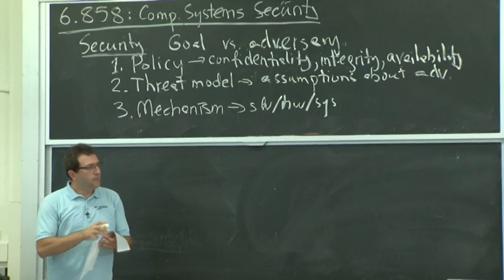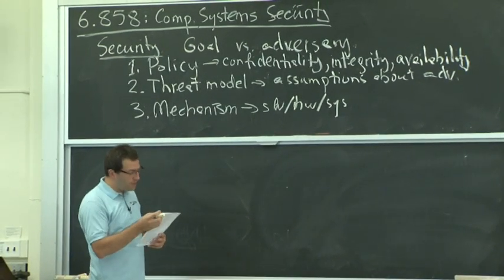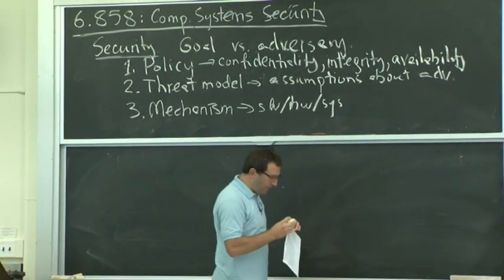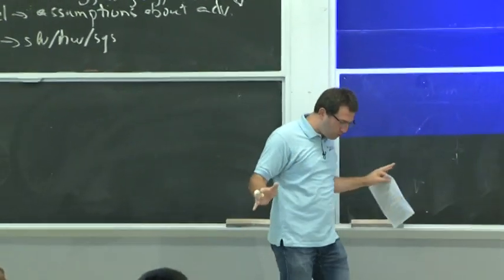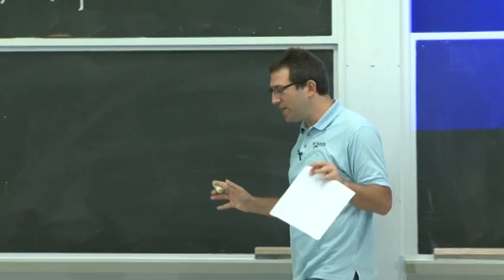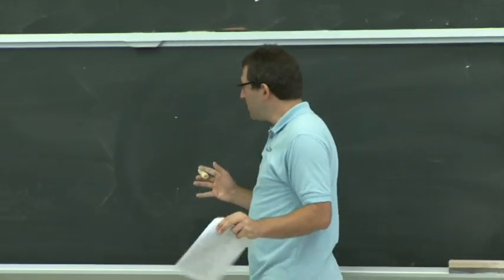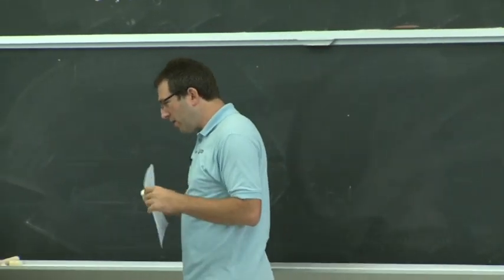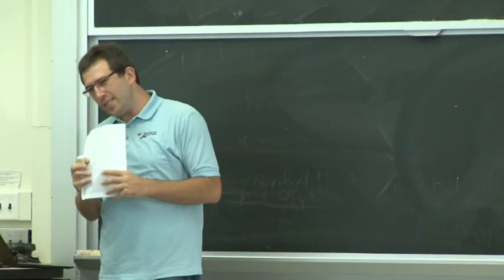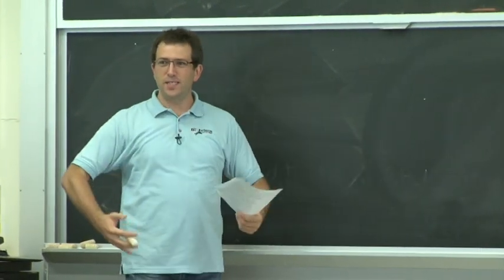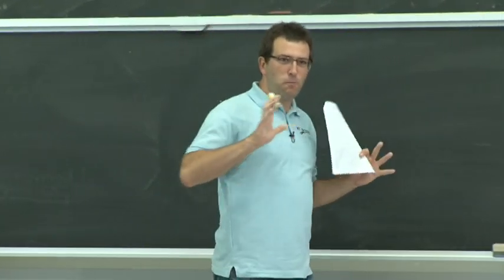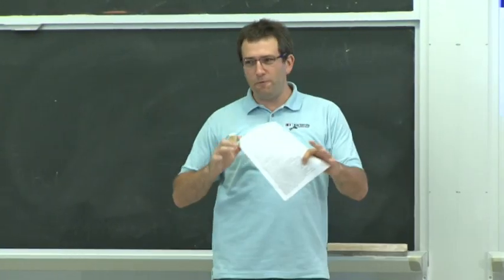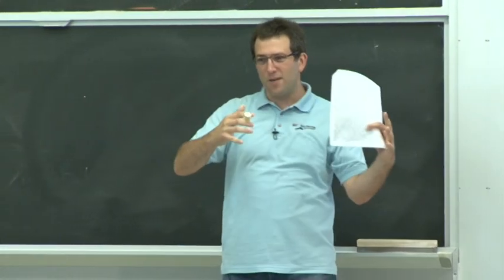So one possible interpretation of this class, well, one danger is that you come away thinking, man, everything is just broken. Nothing works. We should just give up and stop using computers. This is one possible interpretation, but it's probably not quite the right one. The reason you're going to think this way is because throughout this class, we're going to look at all these different systems, and we're going to push them to the edge. We're going to see, OK, what if we do this? Is it going to break? What if we do that? Is it going to break then?